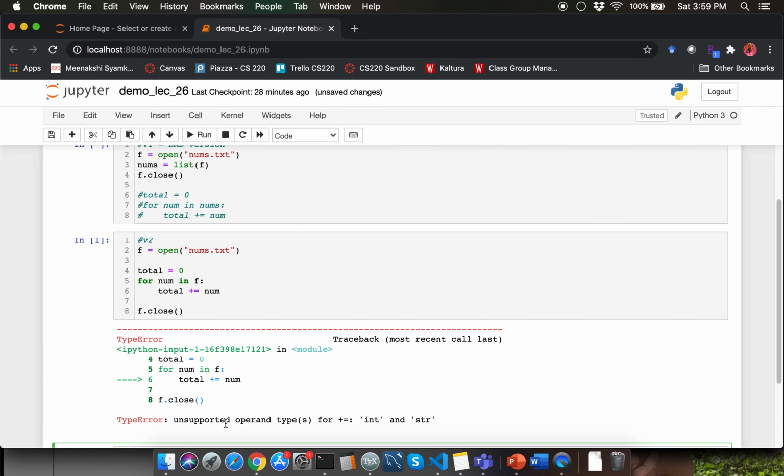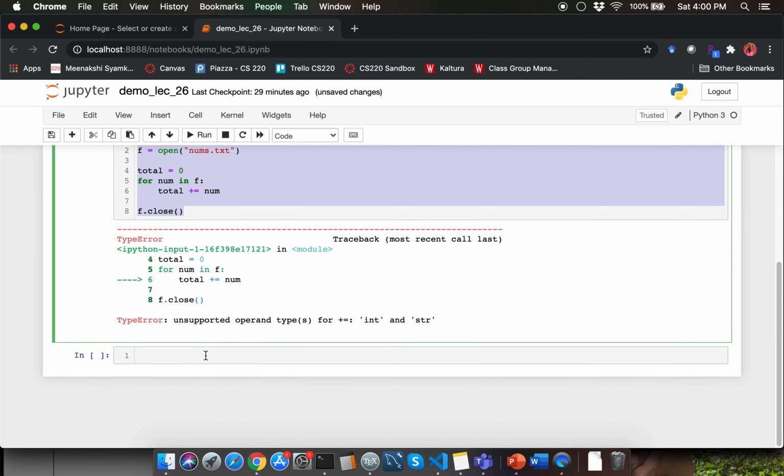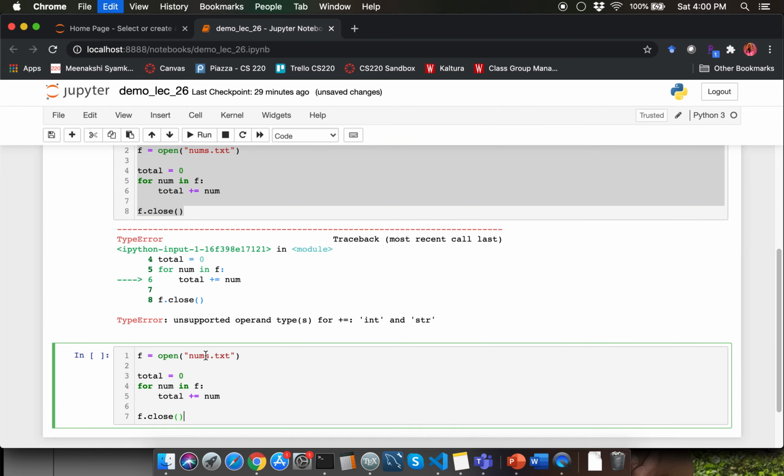Notice that now we got the error immediately. So this is a better version. That is because instead of going through all the file's contents and then finally processing it, we are opening the file and going through each line and processing each line directly. So this version enabled us to catch the bug much earlier than waiting until the reading of the entire file is done. So let's go ahead and fix the bug now.